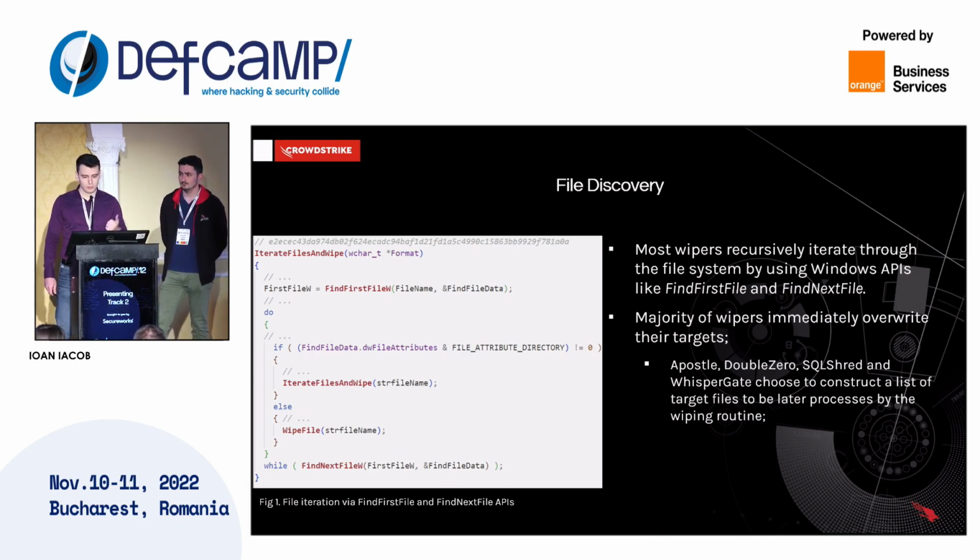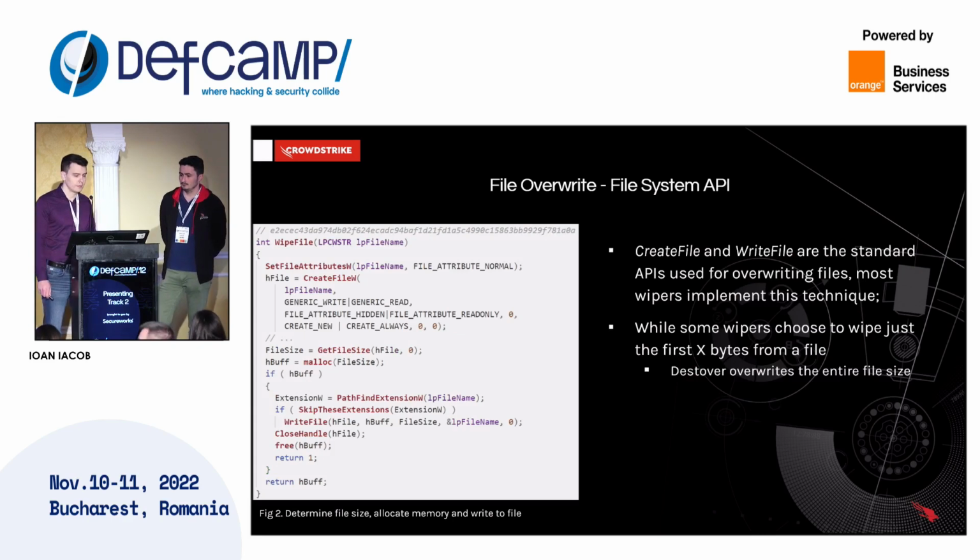And to do so, the most often seen APIs are FindFirstFile and FindNextFile within a recursive function. The majority of wipers will immediately wipe the file when it reaches it, but a few, like Apostle and SQLShred, will queue them to be wiped after the iteration process has finished, which might buy some time for the victim to start the